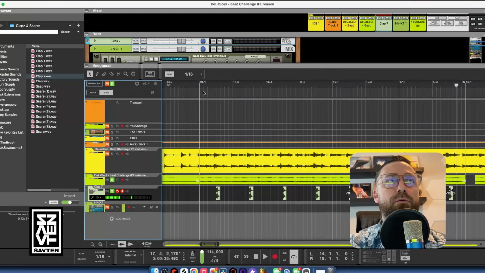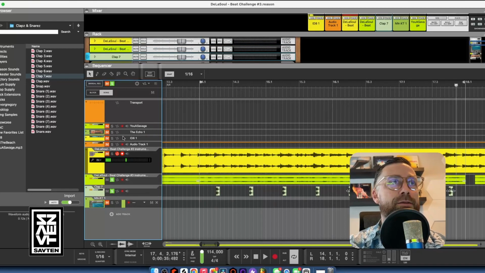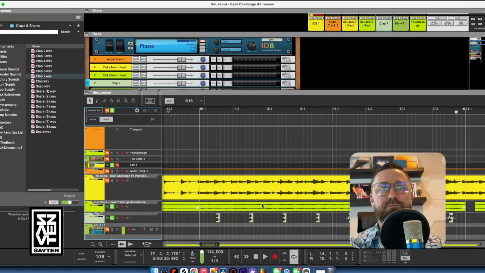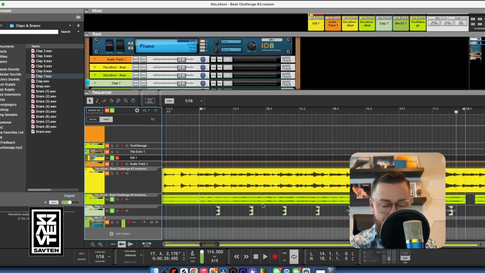All right, so we learned from Serato Studio that this track is in the key of A. I always have a piano open so we can find the key of A on the piano.